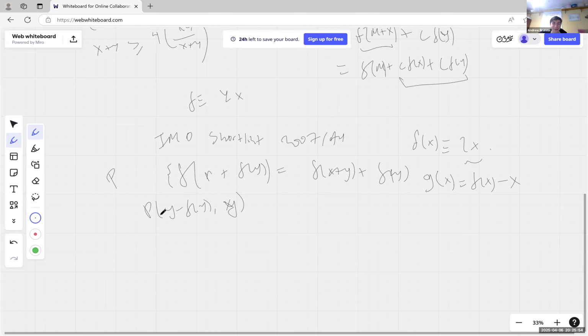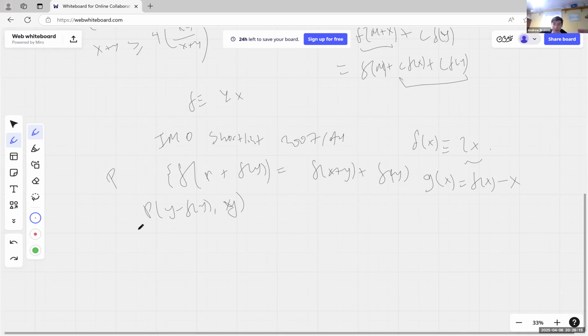If you have any kind of situation like this, then you would get an f of y on this side and an f of y on this side. So this would have to be equal to 0. So that is correct. And because f of x is always greater than x for all x,